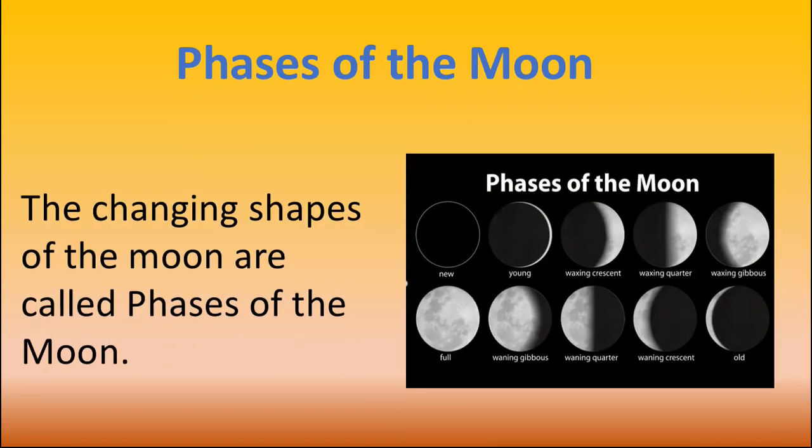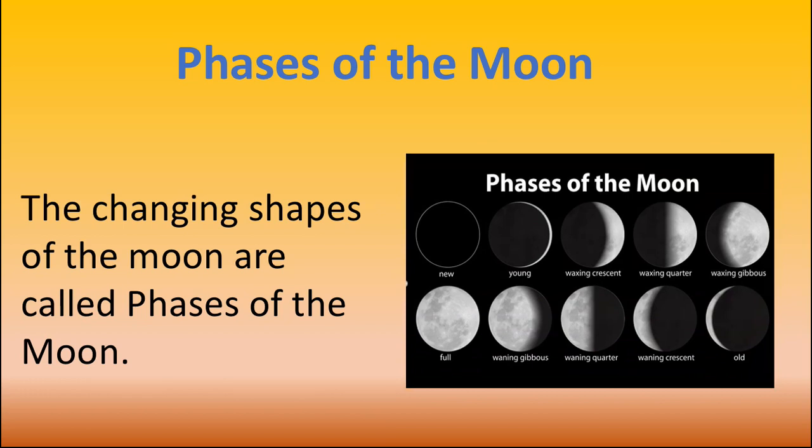Ever noticed how the moon appears to change shape each night? That is because as the moon orbits the earth, the sun lights up different parts of its surface. So it's just our view of the moon that's changing, not the moon itself. Now you can see from the image the waxing crescent moon grows